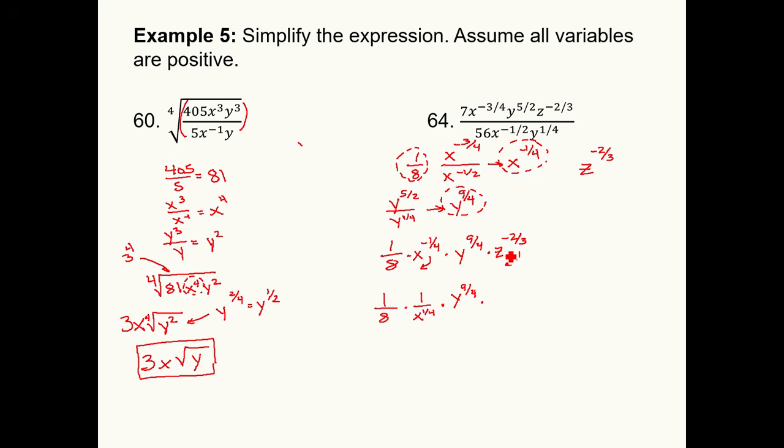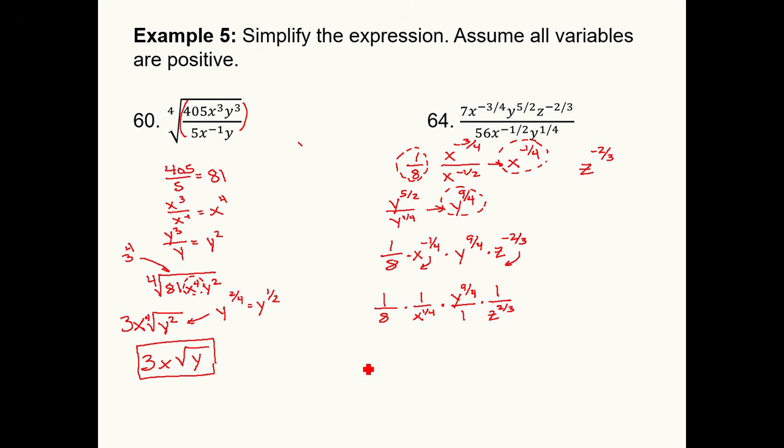Same thing happens with z. I've got z to the negative 2/3. That's 1 over z to the positive 2/3. We can start to see the multiplication take place. Across the top of all these fractions, I could think of that y to the positive 9/4 as that value